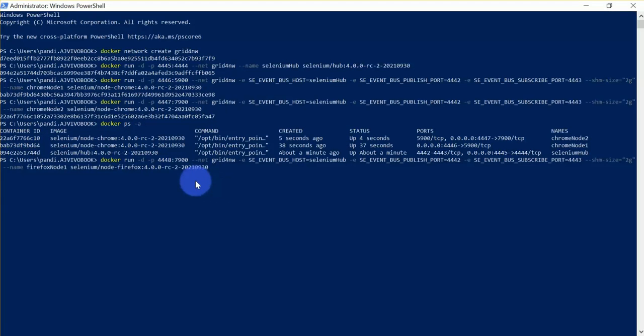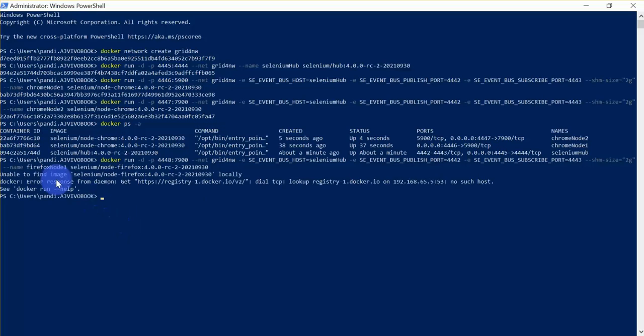Now I do not have this node Firefox 4th version image on my local, so it will go to the Docker hub and pull that image. For this Chrome node and Selenium hub, these images are already there on my local, so these containers got created immediately. In your case, when images are not available locally, it will take some time depending upon the image size and your network speed. If I hit enter, it will show that it is unable to find this image locally and